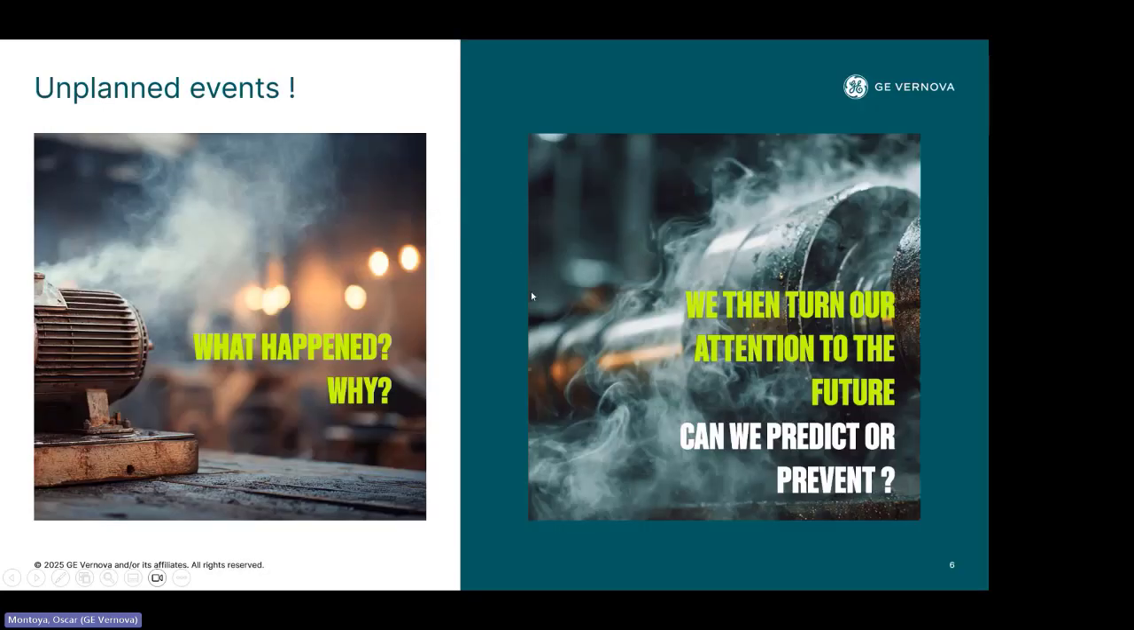So this story within the maintenance field starts with unplanned events. So when we have an unplanned event, an outage, a downtime, we always ask what happened and why we had that problem. And that's where we turn our attention to the future in terms of asking questions like, can we predict or can we prevent that type of events? And then